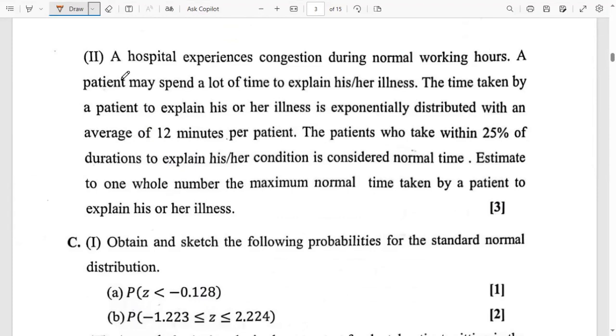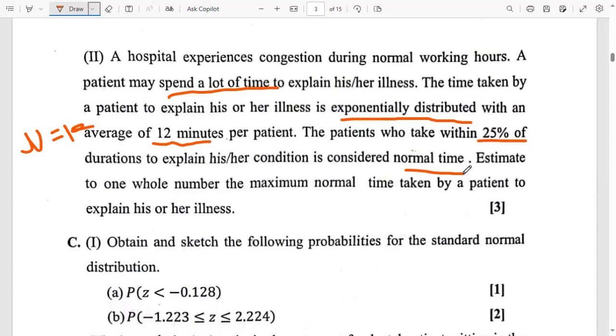A hospital experiences congestion during normal working hours. A patient may spend a lot of time to explain his or her illness. The time taken by a patient to explain his or her illness is exponentially distributed. This is the most important thing here, with an average of 12 minutes. So it means the mu, or the mean, there is 12. The patient,